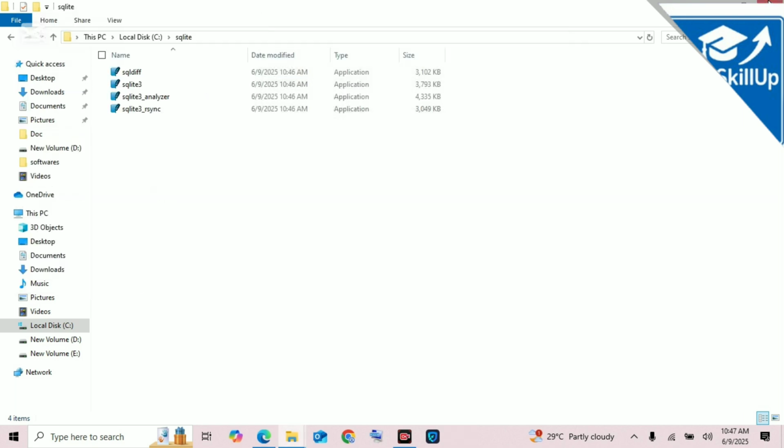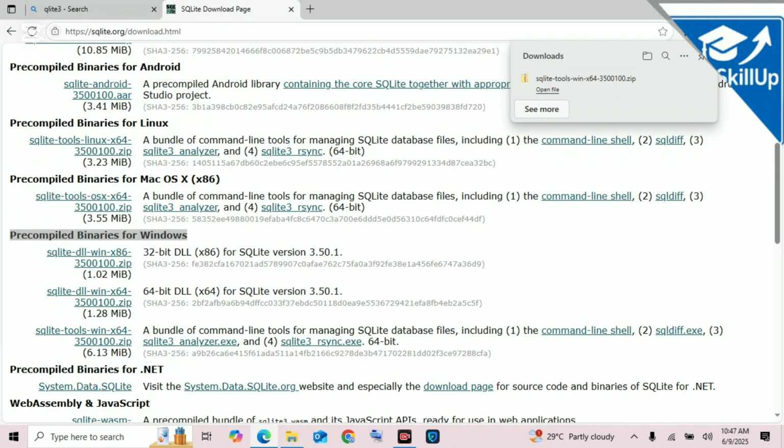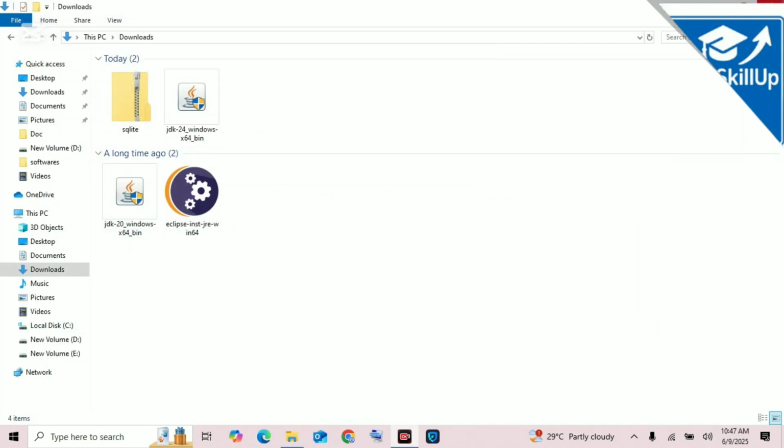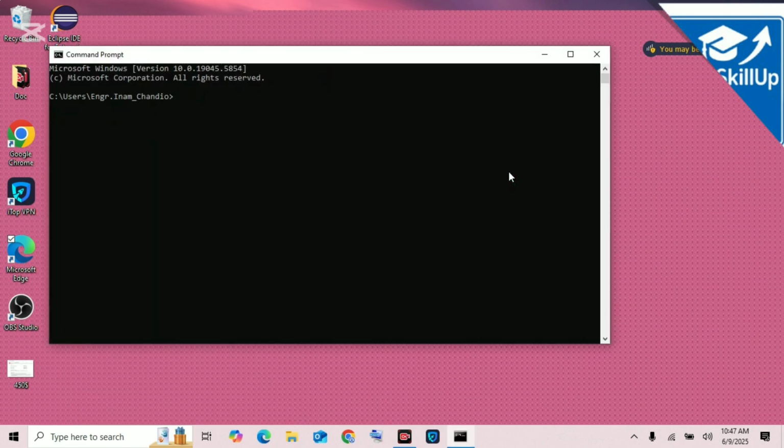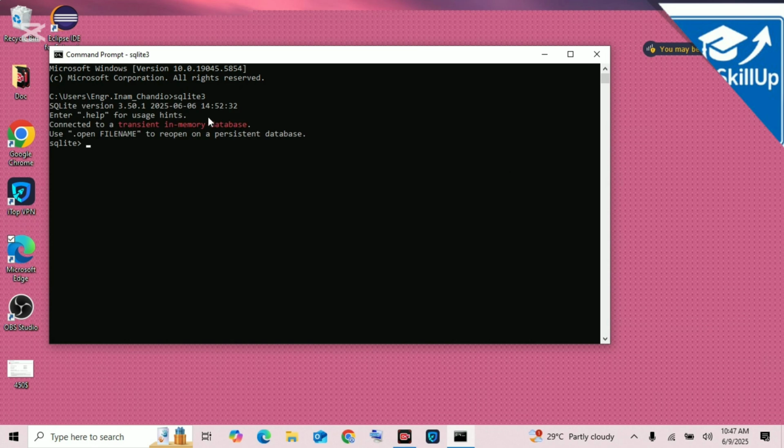Now we will check. Type here cmd. SQLite3. We will type the SQLite3 and we will check here. Here the version is installed,